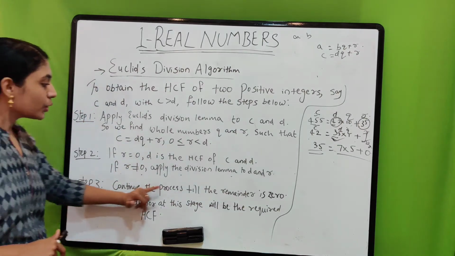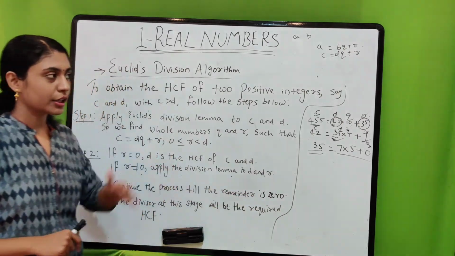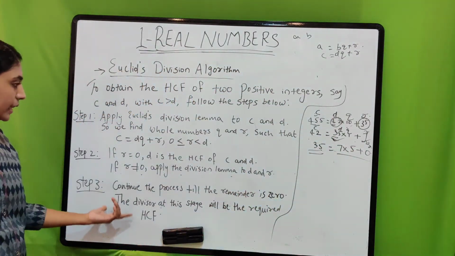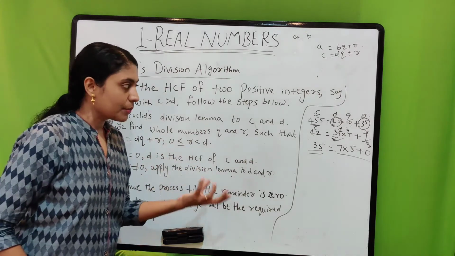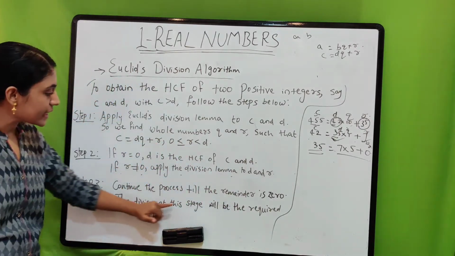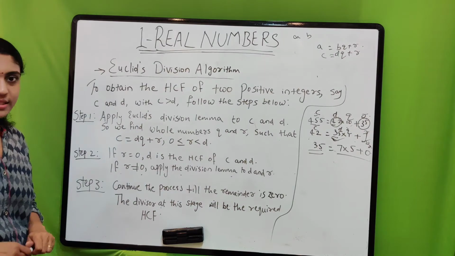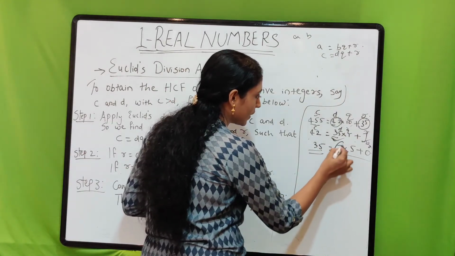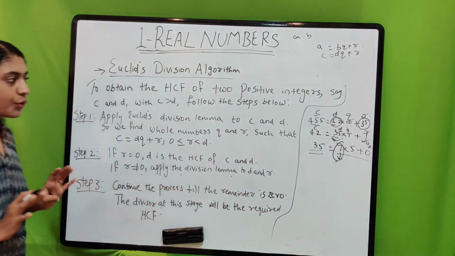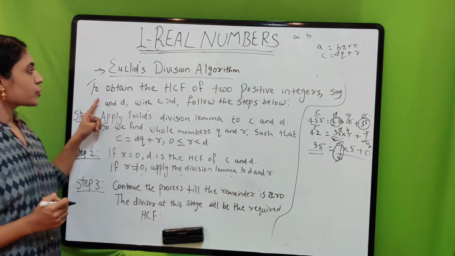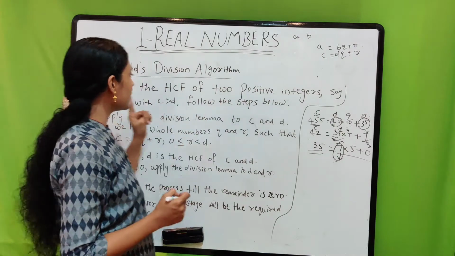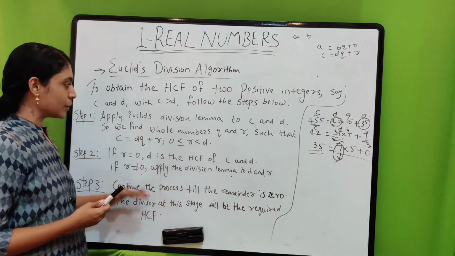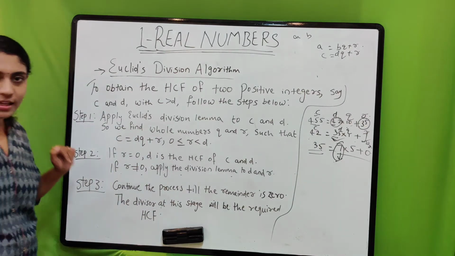Step 3, continue the process till the remainder is 0. Then when we reach the remainder as 0, the divisor at this stage will be the required HCF. What is the divisor? 7 is the divisor. So this divisor will be the required HCF of C and D. Understood? So to obtain the HCF of two positive integers, say C and D, with C greater than D, follow the steps below,